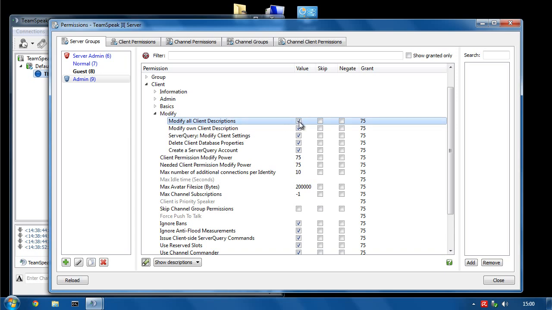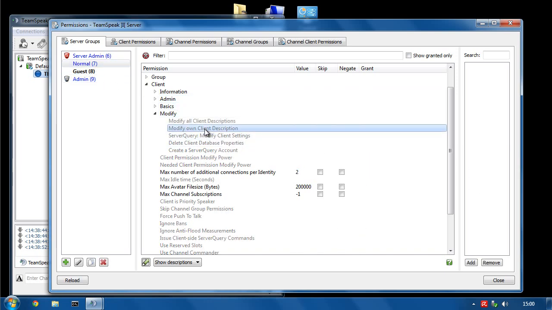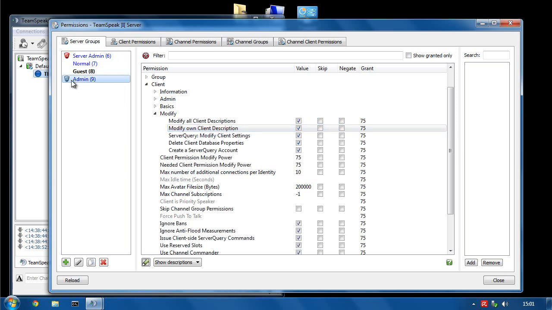Similarly, if you have clan members, you've made a clan one, and you want them to be able to set their own description, perhaps some kind of statistic for a game that tells you how good they are, then you can find the server group that you made for the clan members and put modify own description on, so that they can tweak their own and type whatever they want. So if we go back to admin,